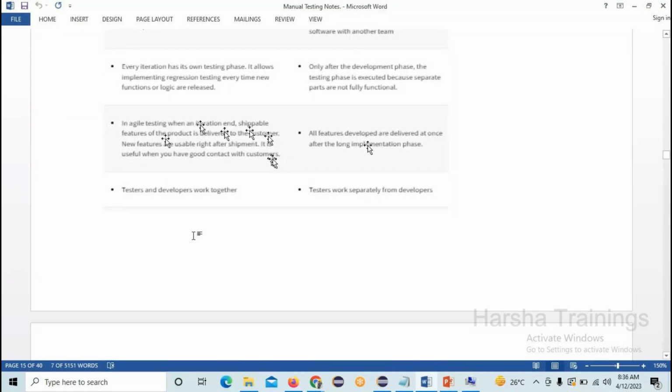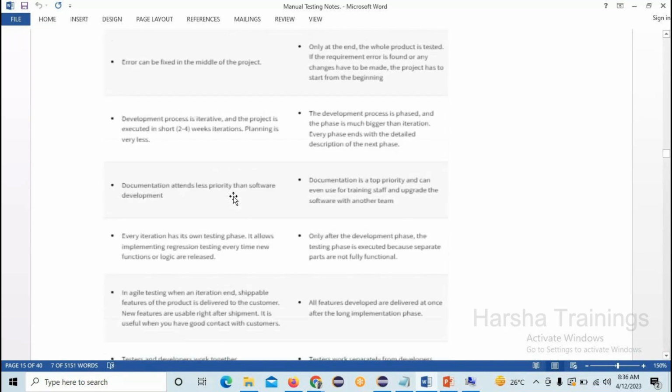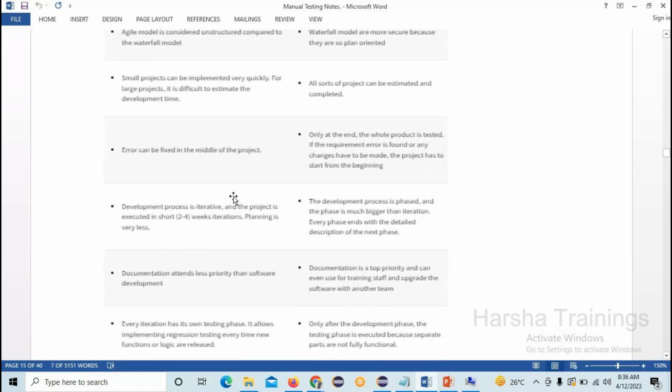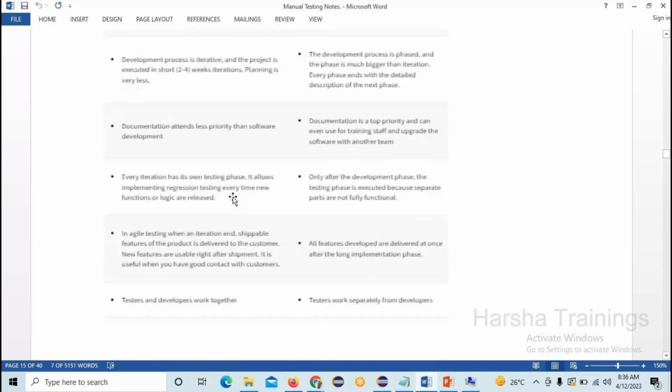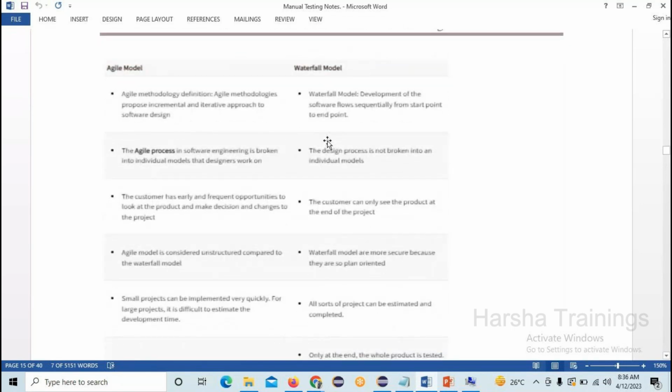customer. ఇక టెస్టర్స్ డెవలపర్స్ వర్క్ టుగెదర్ అజైల్ మెథడాలజీలో. As I said, scrum meeting will be there, developers and testers will be in the call to discuss how to complete it and all those things, but the testers work separately from the developers in the waterfall model. Hope you guys get the difference now, what is the agile and what is the waterfall, why the agile is